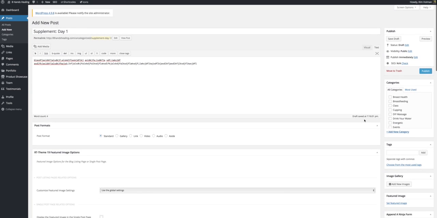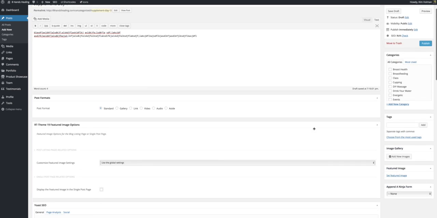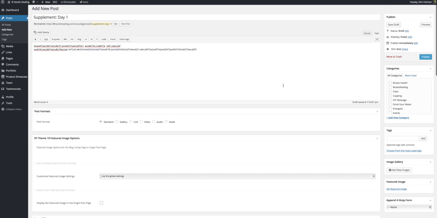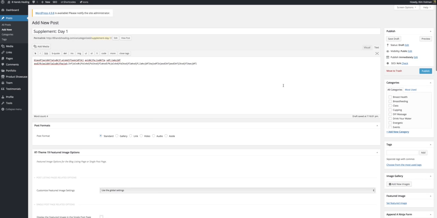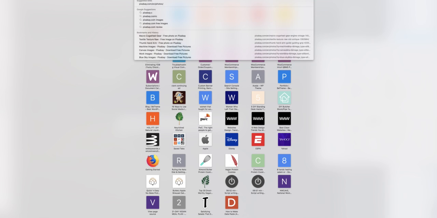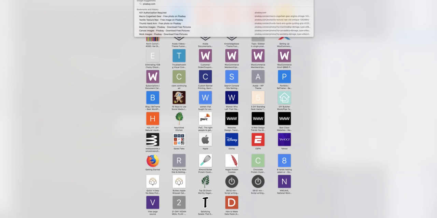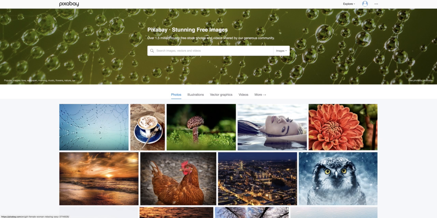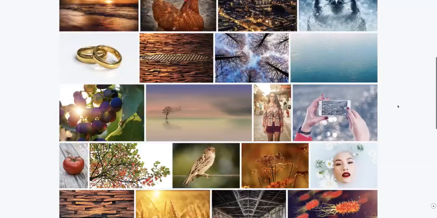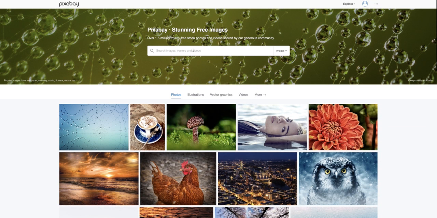And if you need a picture, take a picture of your face and actually make that the featured image, or take a picture of the bottle, or you could go to pixabay.com, and these are all free. You can use them royalty free, and anytime you want, you don't have to pay for them. So if you wanted to search in here and look for an image of